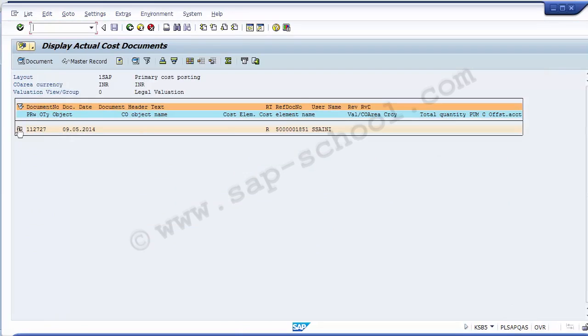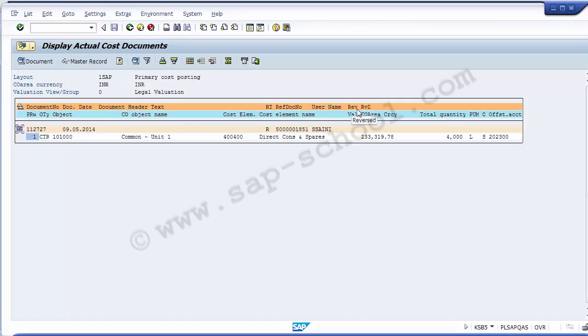So you can find the details with respect to this. These are the details on the screen. This is the total value which has been posted, 233319. This was the value on which we double clicked to find the detail, and we cross checked the details over here. It shows what the actual cost element was, what the offsetting GL was, and what the total quantity was, that is 4,000 quantities. And if you go back again,